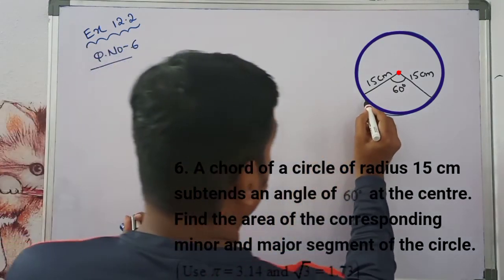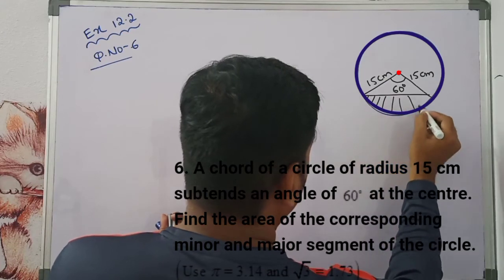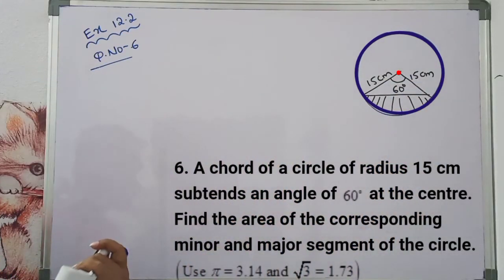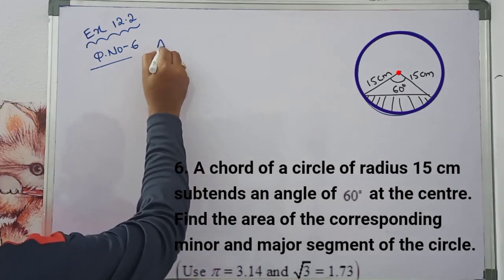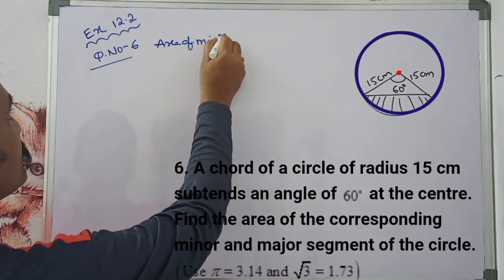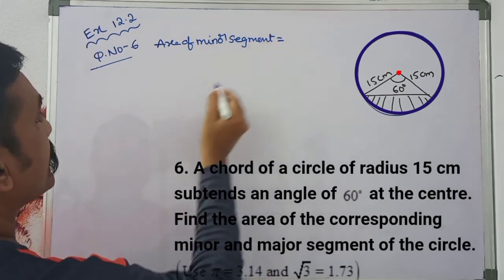Minor segment means this part is called the minor segment and the rest of the part is called the major segment. First we can calculate the minor segment. If you find the minor segment, from that we can easily calculate the value of the major segment. First, the area of the minor segment we can calculate. Minor segment equals